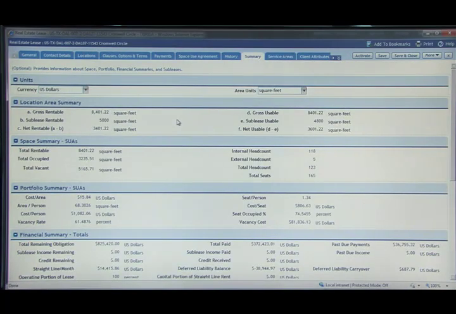The first tab I'll show you here is the Summary tab, where TRIRIGA will organize all the data and report to you how you're doing within your real estate portfolio. I can see what my current spend is, my cost per area, my area per person, what my vacancy rate is currently in this portfolio. And from a metric perspective, these all roll up to the executive's view, so we have a top-level view around the world of what our real estate spend is, but the ability to go down to the individual obligations that you have to be able to do decision support of the individual commitments that you've made with